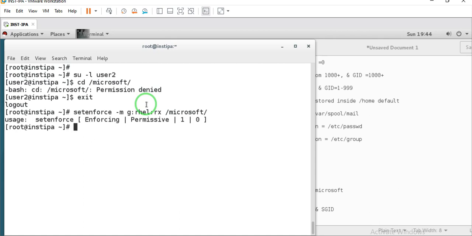I'm really sorry. I was doing set enforce instead of setfacl. Rel, and let's call Microsoft. Now if you do getfacl on /Microsoft,